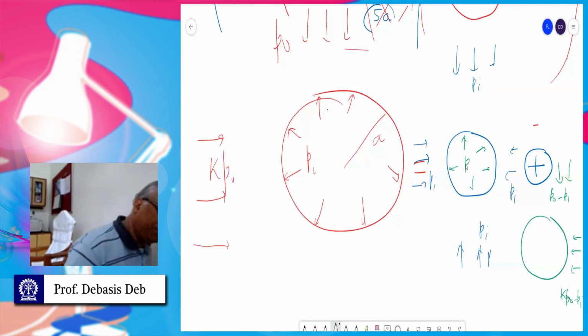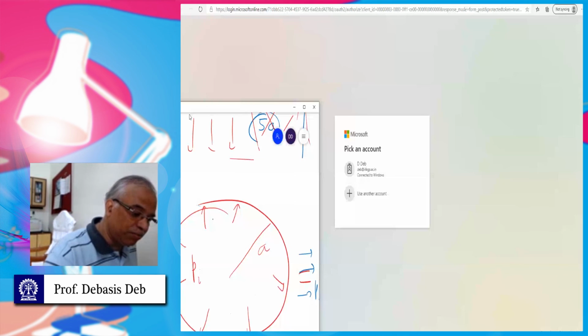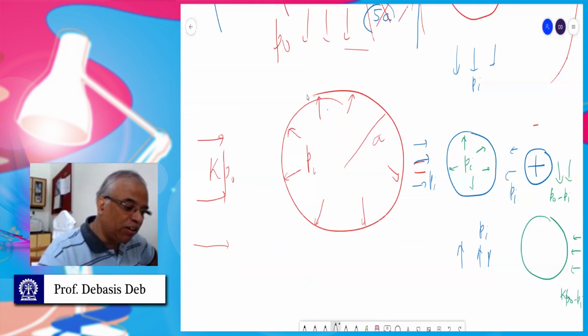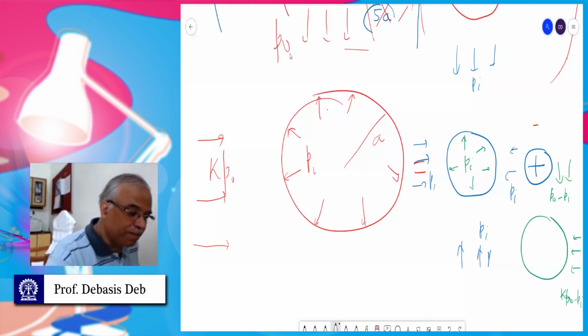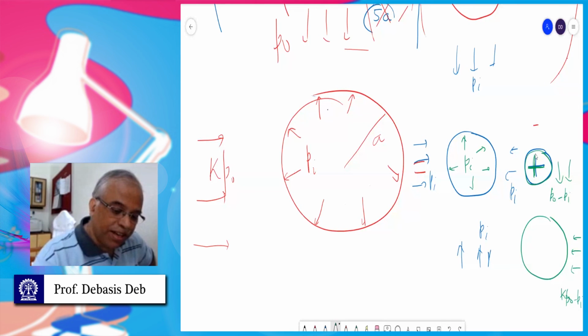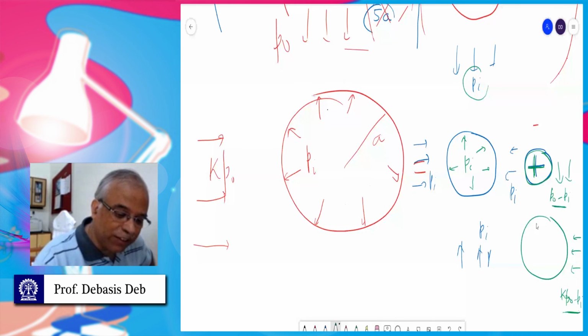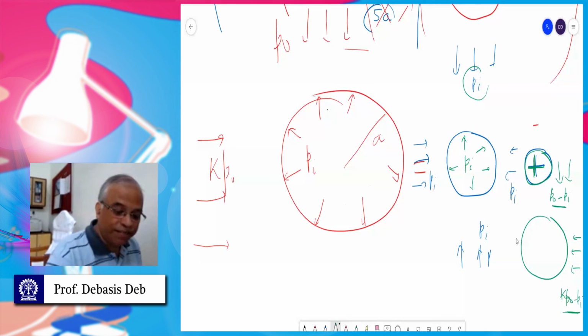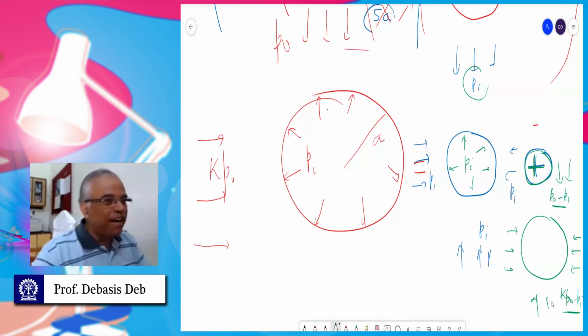So what I have done, this particular configuration, here is P naught, here is K P naught, and inside Pi, I have written as, here is Pi, remain the same, and all around Pi plus, this is a big plus as I am telling you. This is P naught minus Pi because I have already taken that Pi here. That's why P naught minus Pi. This is K P naught minus Pi, and there is no support pressure here. Okay, and this is also there. So we can divide it like this.